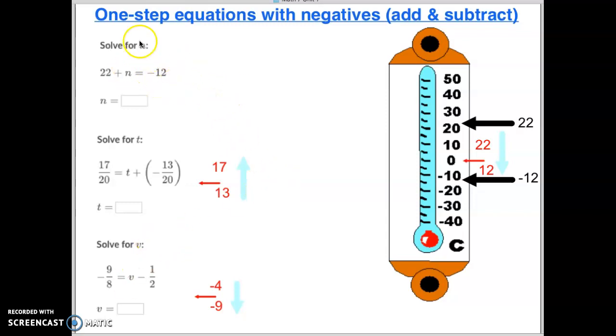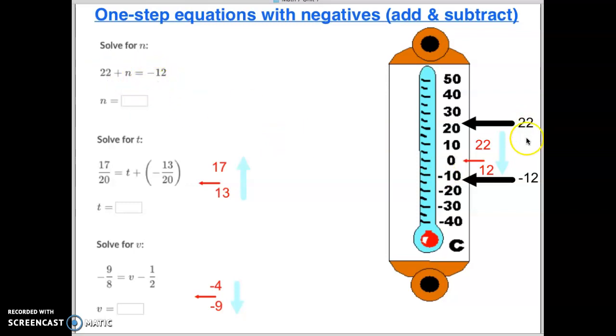So let's start with this one. Here's kind of a nice way to read this. We know that we want to end up with what it equals. We want to end up at negative 12. So we want to end up right here at negative 12, and I kind of have a nice little thermometer to measure that. So if we're going to end up at negative 12, then we can look at the numbers over here as our starting point, which means we're starting at 22. So we start right up here at 22. And the question becomes, when we start at 22,